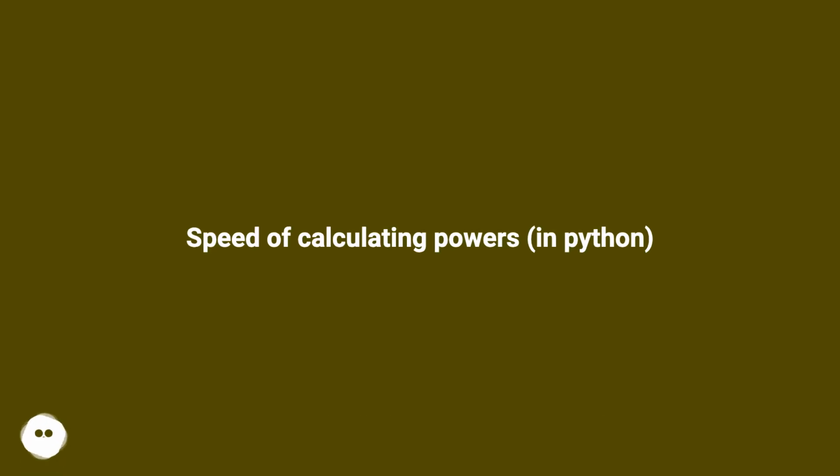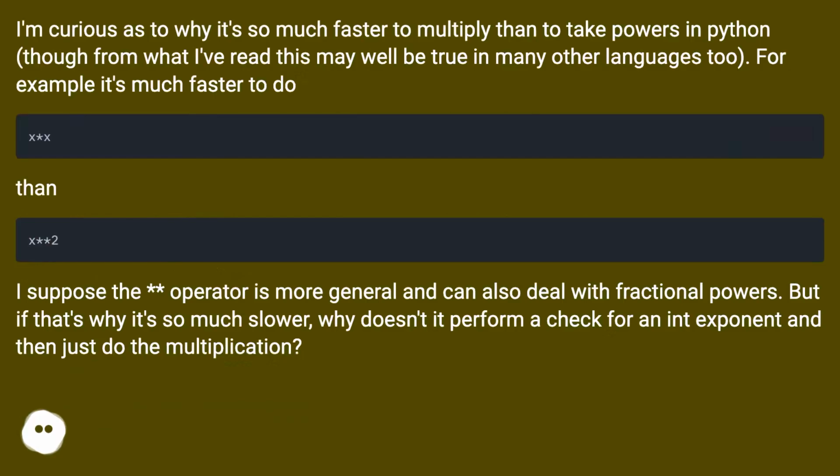Speed of calculating powers in Python. I'm curious as to why it's so much faster to multiply than to take powers in Python, though from what I've read this may well be true in many other languages too. For example, it's much faster to do